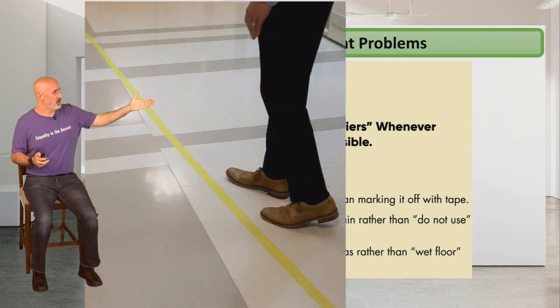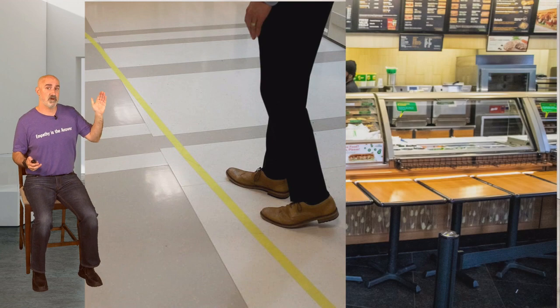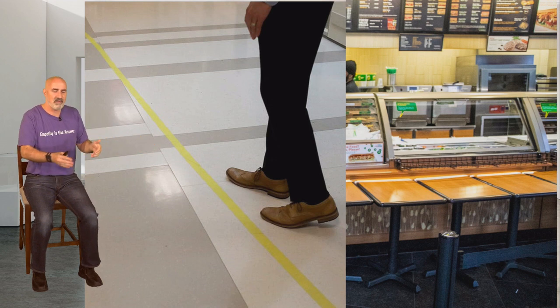So, for example here, this tape mark, hey, please stay behind the tape mark. That's just a recipe for having your staff have to constantly be asking people, hey, please step behind the tape. Versus what, for example, Subway did here. Subway actually lined their tables up in front of the serving line so that you physically have to stand back. They don't have to ask people, hey, please stand behind the tape, because they're already physically backed up by the